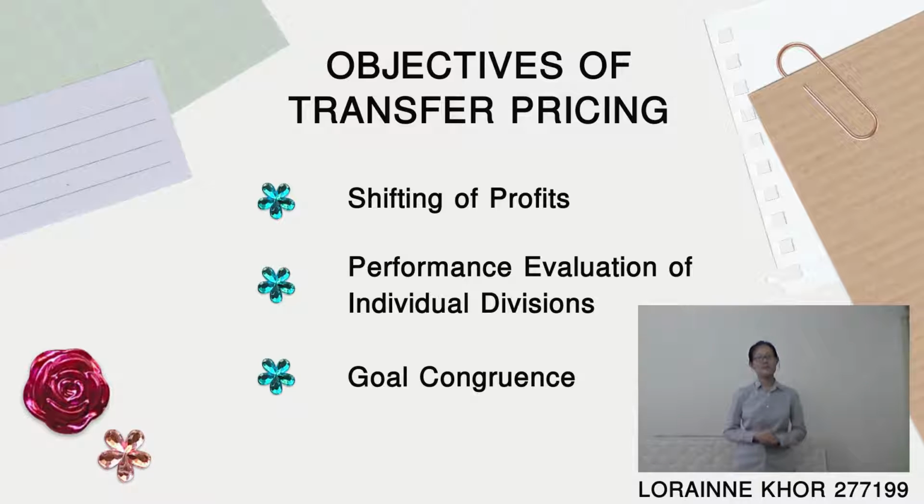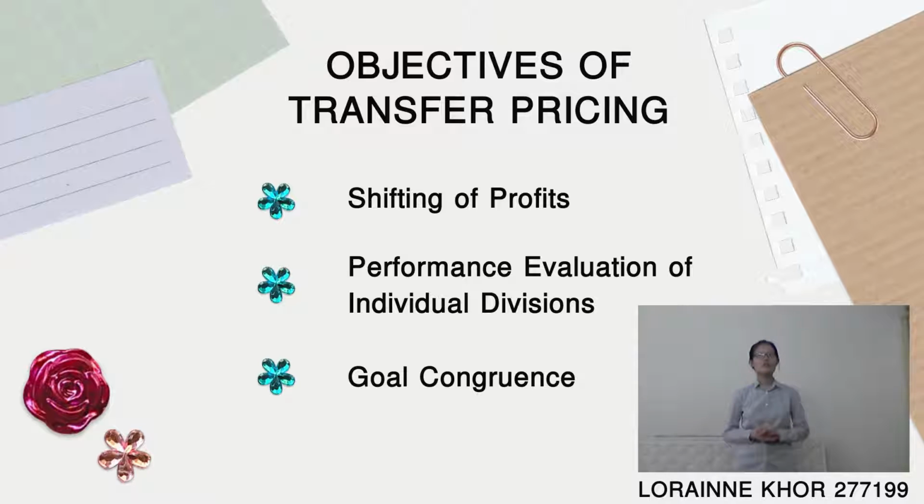Second objective is to perform evaluation of individual divisions. Transfer pricing can be one of the best options to arrive at the best possible appraisal of the individual divisions. This can help to get efficient decision making. Some of the areas that transfer pricing can assist the performance appraisal and performance management include appraising the managerial performance of divisions, evaluation of the contribution of the individual entity to the overall profits of the company, and assessment of the worth of each division as an individual unit.